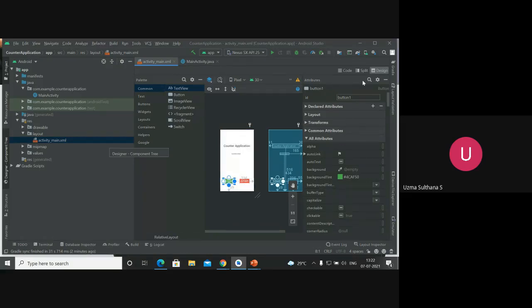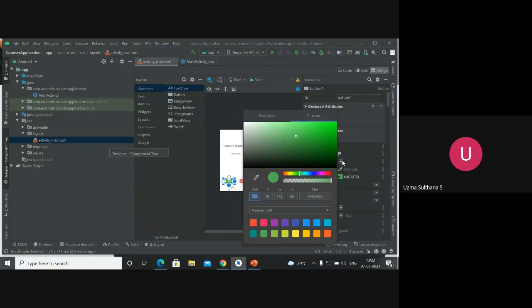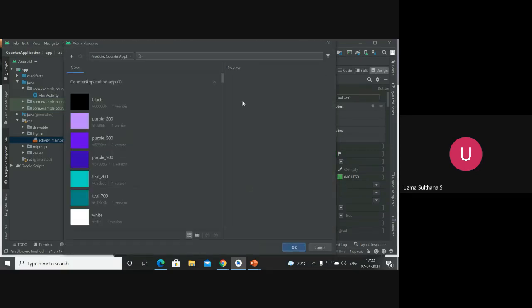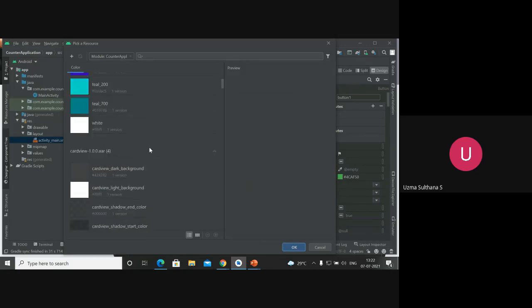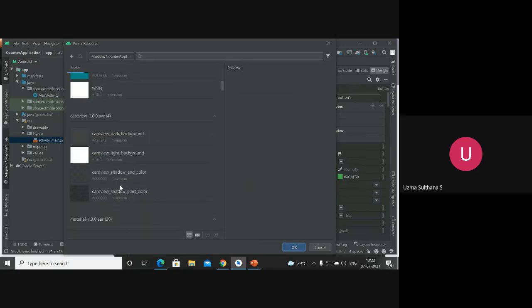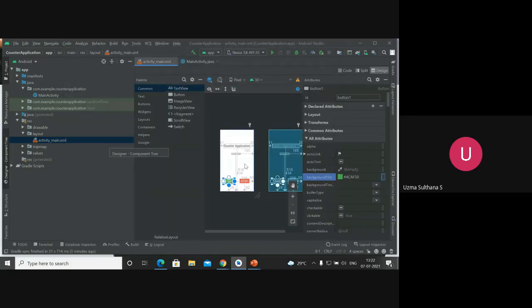How to give the background color? I just give it as a background initialization. As you can see here, I just clicked on this particular thing and I got this color. You can change it according to your wish, whatever you want. You can give a background with different designs as well. See, these are the designs which you can give. That part is the new change which I have done. And for stop I have given the red color. The design part is done. Then we moved directly to the main activity.